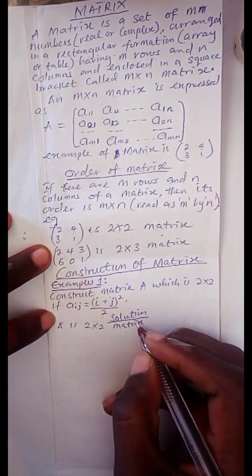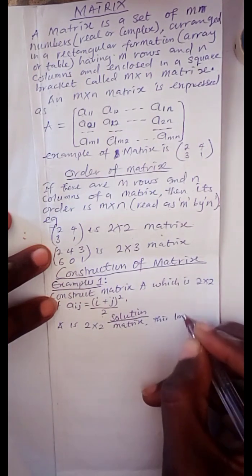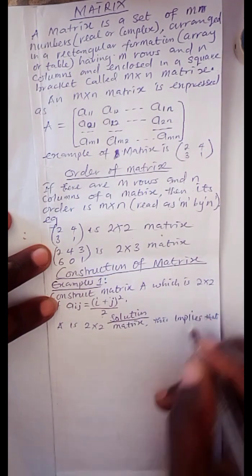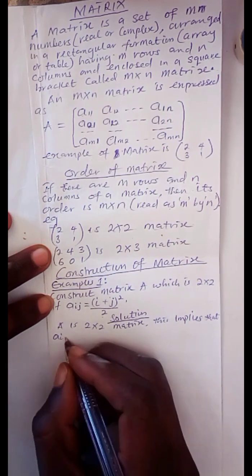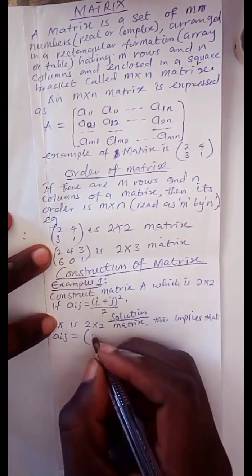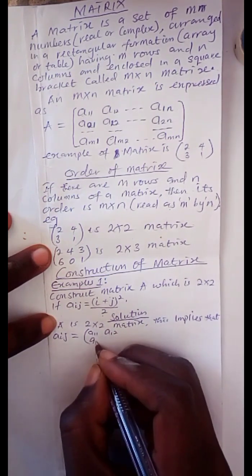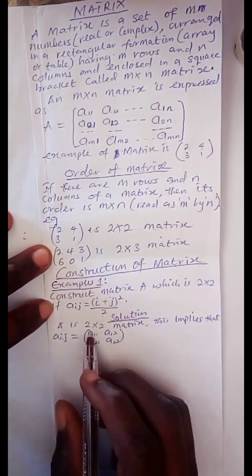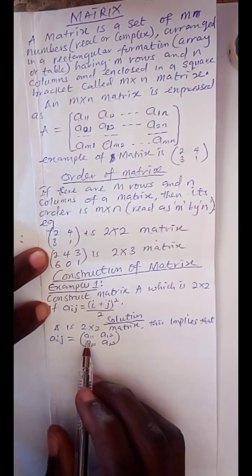If that is the case, then this implies that Aij is equal to a matrix of this kind, that is A11, A12, A21, A22. Since the matrix A is a 2 by 2 matrix, it has these elements, that is